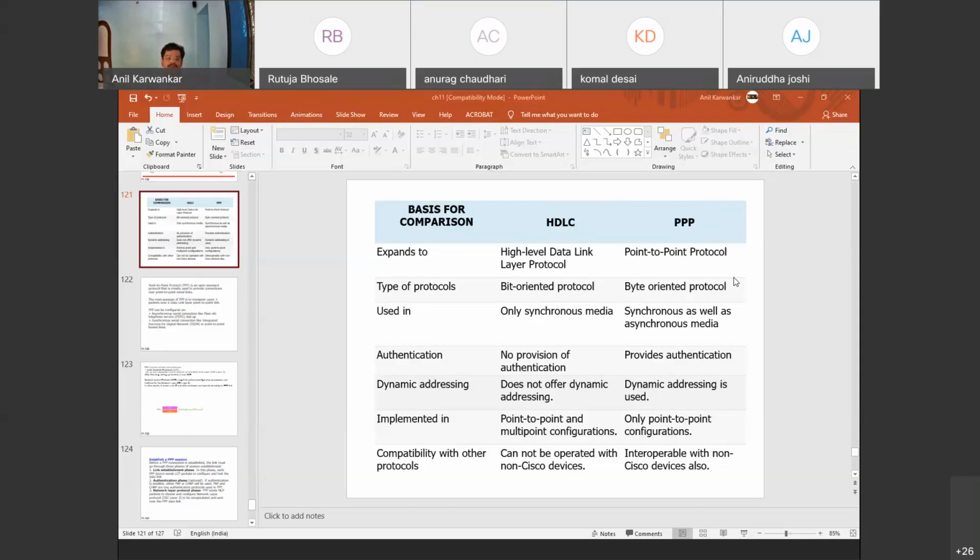But PPP provides proper authentication, which is the standardized technique used to provide authorized access to internet services. That's why nowadays we utilize authentication protocols supported at the point-to-point level.